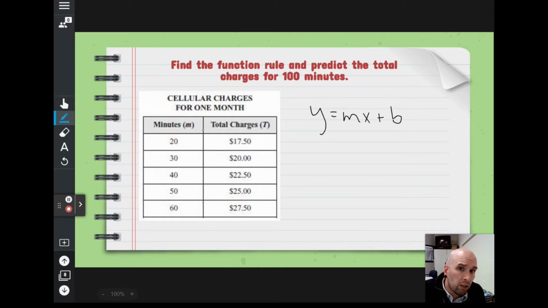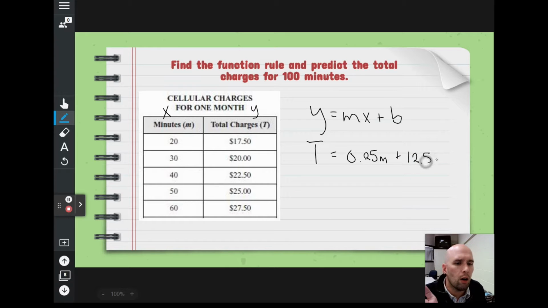I'm going to keep my letters consistent. My x's are normally on the left, my y's are normally on the right. So when I rewrite all of this out, I'm going to replace x with m, and I'm going to replace y with t. So t equals 0.25 times m plus